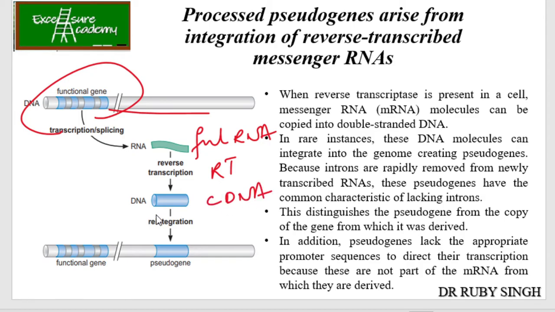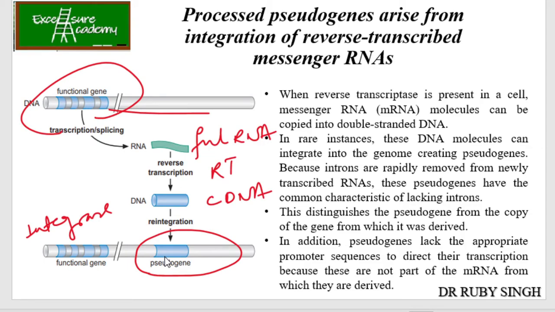So here it is given as DNA, it is your cDNA. So what is C here? It is the complementary DNA. Now this gets integrated into your DNA itself. But it is not coding for anything, right? So that becomes your pseudogene. Now, with the help of the integrase enzyme, it gets integrated into your genome itself. So this is how the pseudogenes are present in our genome.